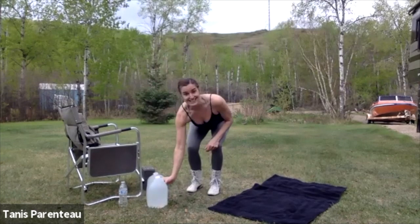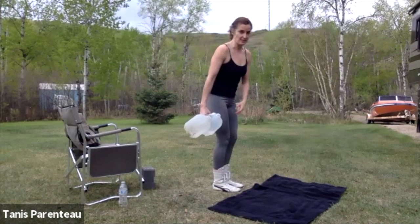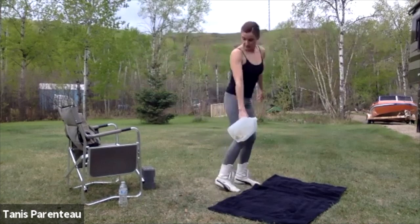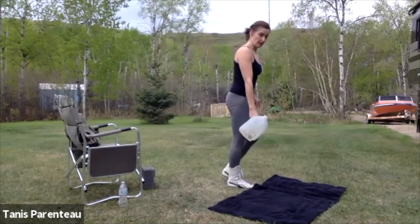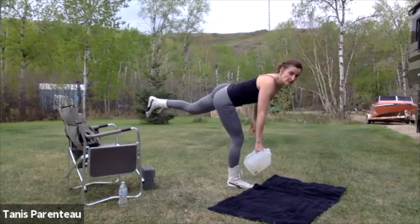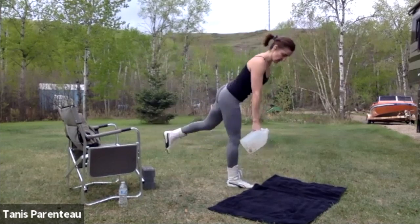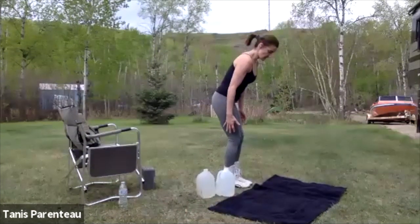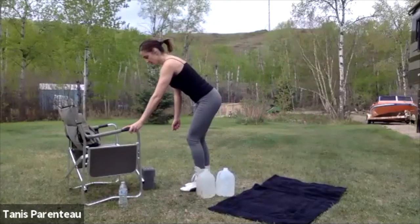Third move is gonna be single leg deadlift. So you're gonna hold your weight on the same side as your working leg. And you're just gonna go down and up. Soft bend in the knee. You're gonna think of pushing your butt to the wall behind you. If you're not using weight, that's fine. You can use your hands for balance. You can also hang on to something,